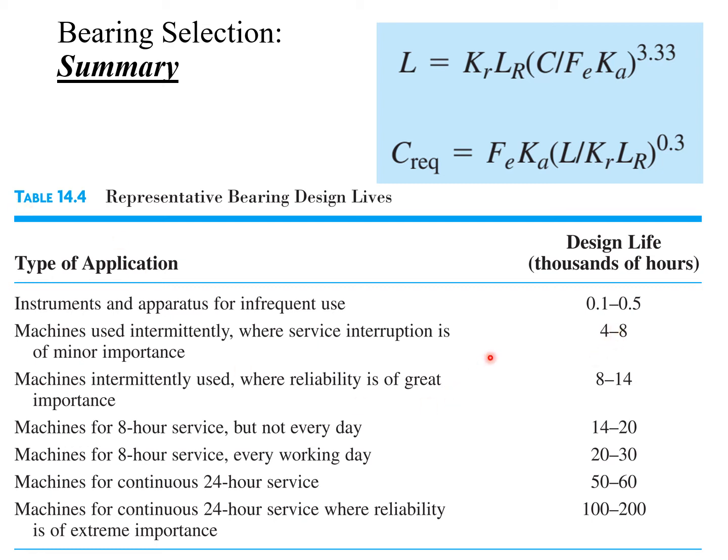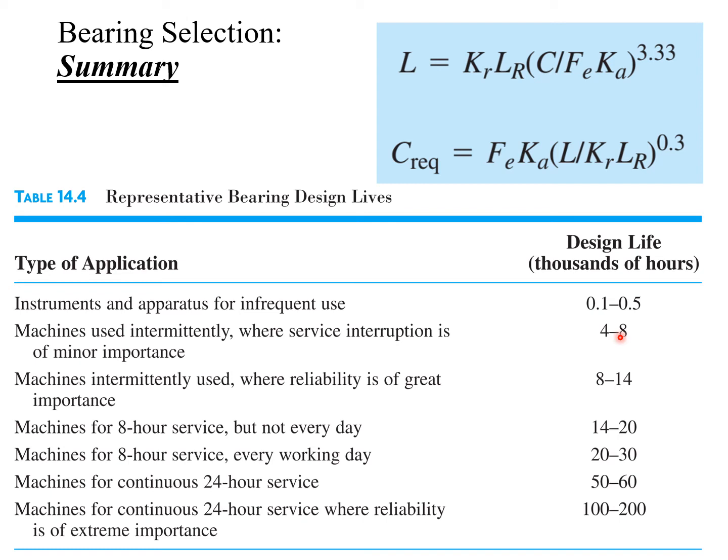1,000 RPMs, or 1,000 revolutions per minute, would mean that in 1 hour, 1,000 RPMs in 1 hour is going to equal 60,000 revolutions. However, if we want to use it in a machine that is used intermittently, we can interrupt it. We want to design for 8,000 hours. So 60,000